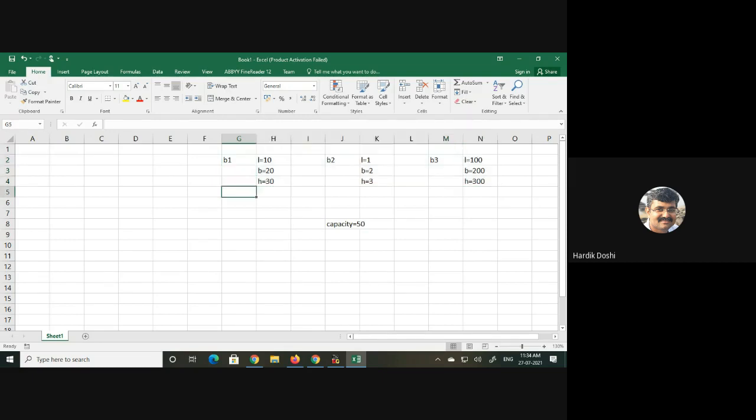So over here if I say capacity is 50 and it is a static variable, that means this 50 is for B1 also, 50 is for B2 also, and 50 is for B3 also.